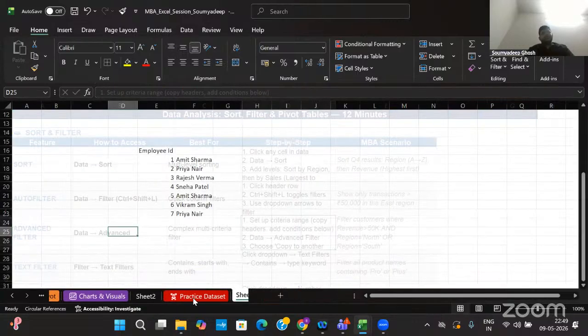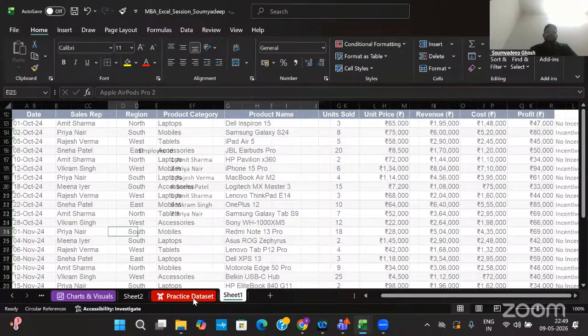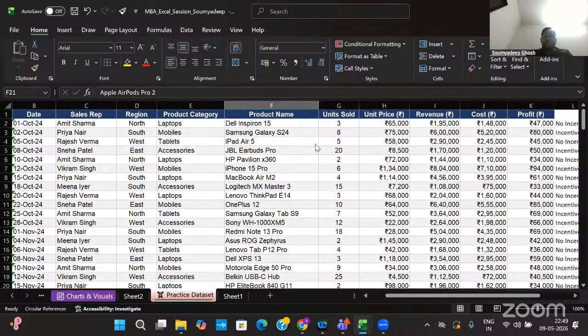Now I think one last part is left, which is the visualization part. In the visualization part, we can create different charts out of the data. Suppose we want to see the trend of the sales data.